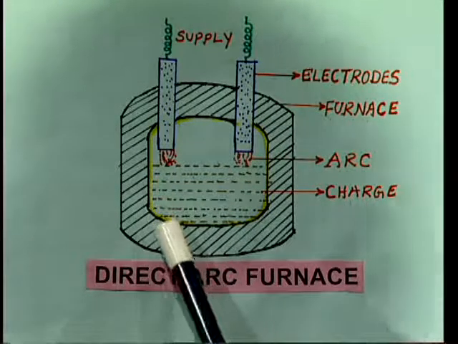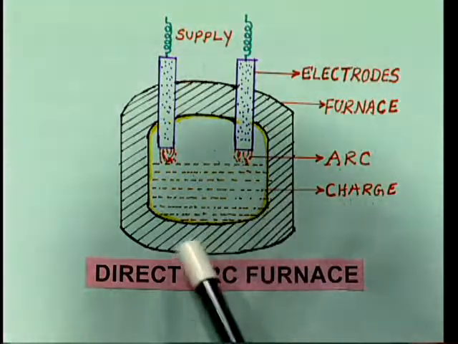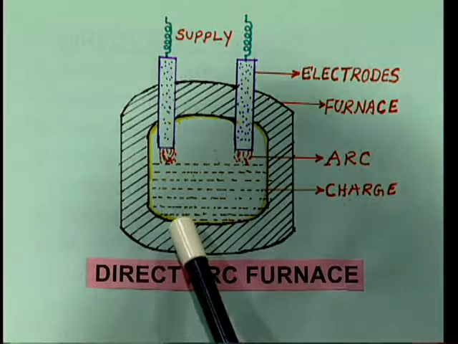So heat should not be evaporated into the atmosphere. Complete heat has to be utilized to melt the charge. Therefore the inner lining is made with brick masonry. The brick is a special type of brick which does not let any heat escape into the atmosphere. And inside the brick masonry, again some chemical coating is done so that no heat escapes into the atmosphere. Now you can see this brick masonry, the yellow line is nothing but a chemical coating,